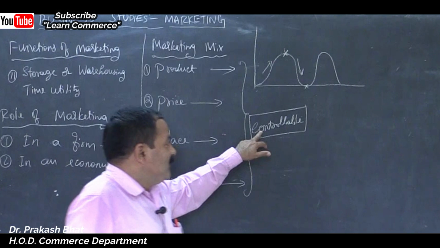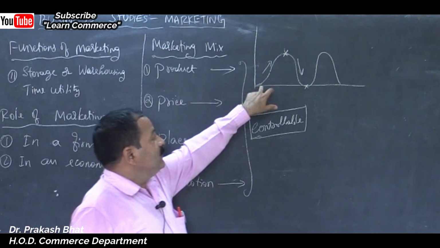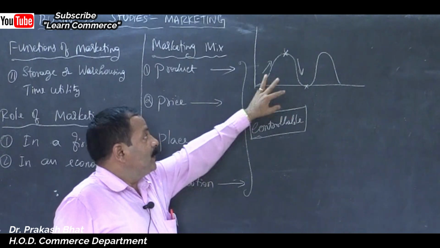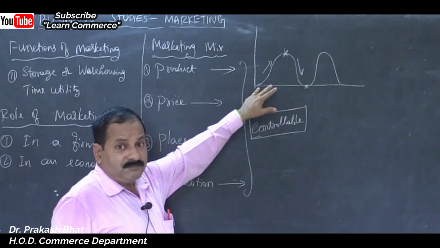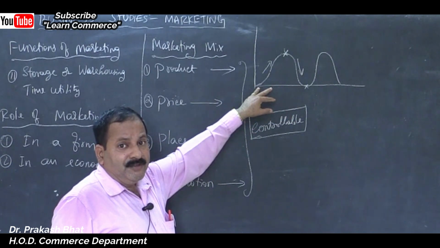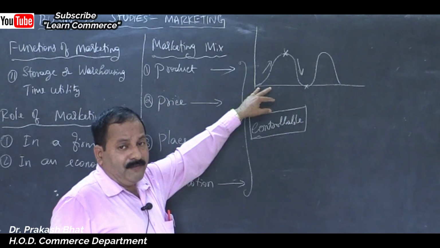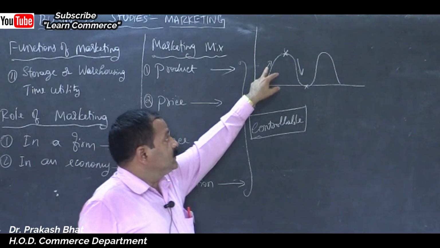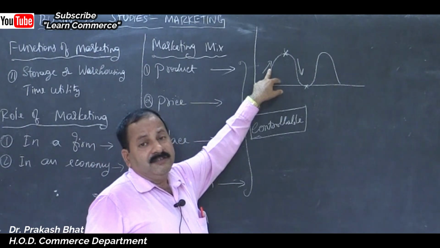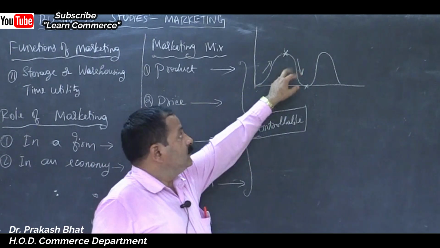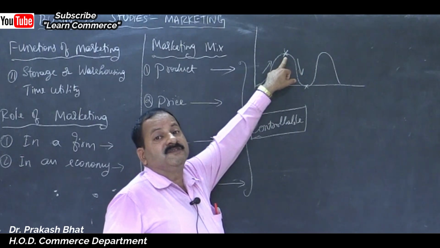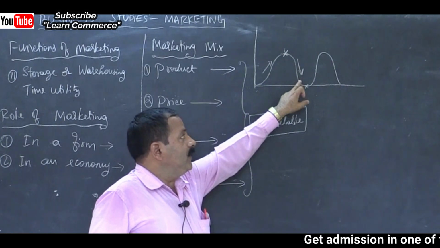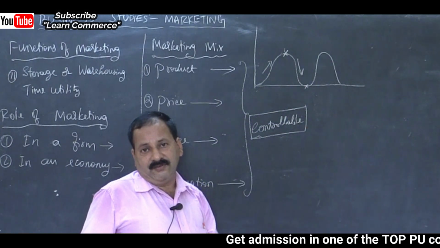So let us come to the point here. My point is, product has also life cycle like human beings, and when a product is introduced, then there will not be much profit. We may incur losses while producing at the beginning. Then slowly it picks up the market. There is a growth stage, very good for the firm. Here, maximum sales and maximum profit. Then slowly it vanishes from the market.